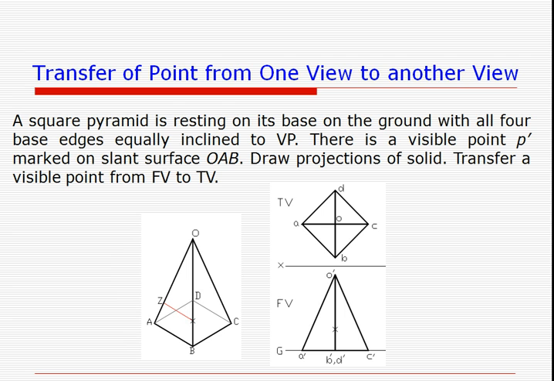For example, if the point is here, it is lying on O dash A dash, and I can just draw the vertical, and wherever it meets OA, that point I directly obtain. So if the point Q dash was to be transferred, it is transferred like this directly. Now suppose